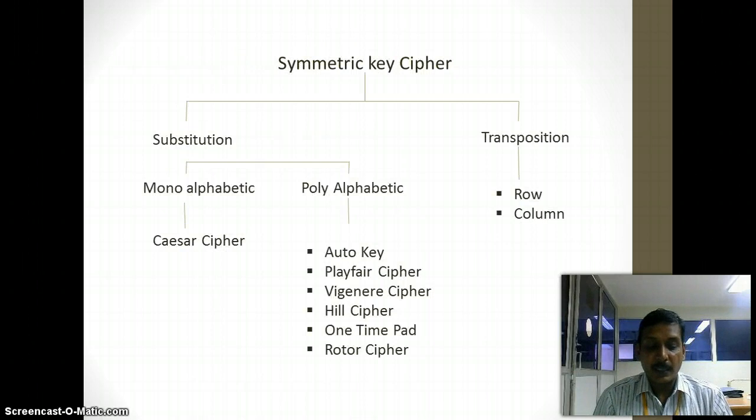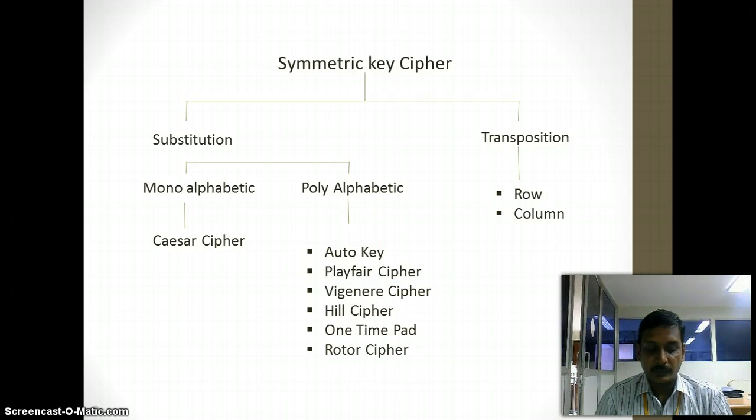Private key cryptography is otherwise called symmetric key cipher. This is because it uses only one key for both encryption and decryption. It is classified into substitution cipher and transposition cipher. Substitution cipher can again be classified into monoalphabetic cipher and polyalphabetic cipher. Caesar cipher is a monoalphabetic cipher, and there are a number of polyalphabetic ciphers. I can give you a number of examples: auto key cipher, Playfair cipher, Vigenere cipher, Hill cipher, one-time pad, and